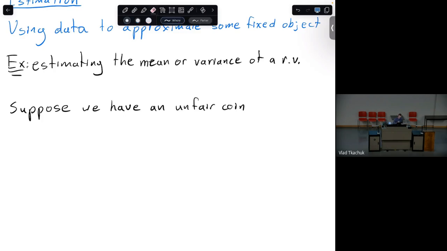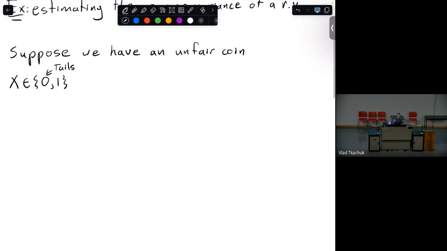Okay. And I say unfair just to make it interesting, because we don't know what the unfairness part is. So let me make this a bit more formal. That means we have a random variable which comes from the set {0, 1}. 0 is going to represent tails, and 1 is going to be heads. We've seen this before. And I'm not going to write it out, but this is representing the coin flip,